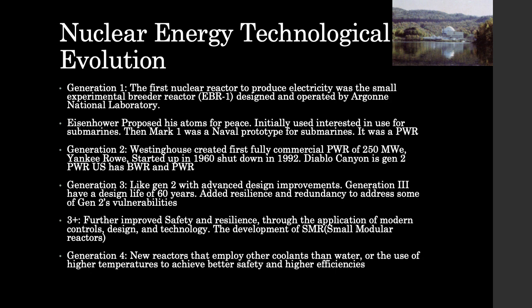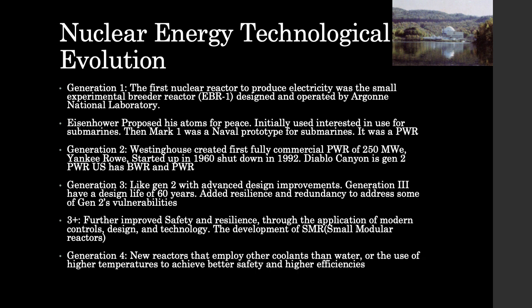It started in 1960 and shut down after 32 years in 1992. Diablo Canyon is also a later Generation 2 pressurized water reactor. In the U.S., there are boiling water reactors and pressurized water reactors. Generation 3 reactors are ones that were designed in the late 1990s and early 2000s. They're like Gen 2, but they have advanced design improvements and employ some technology to make them more automated